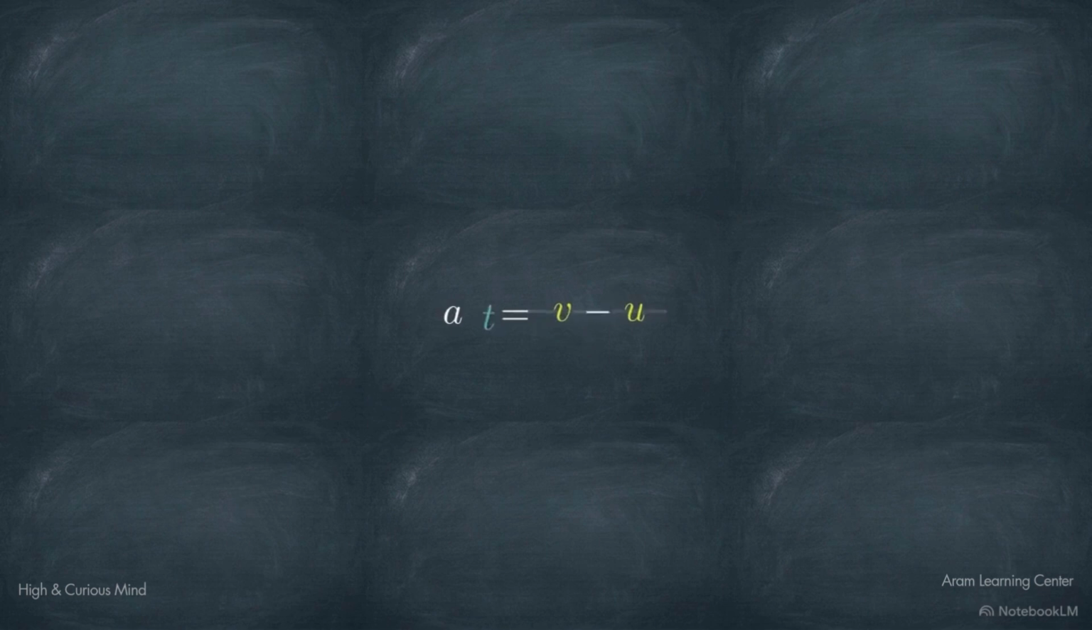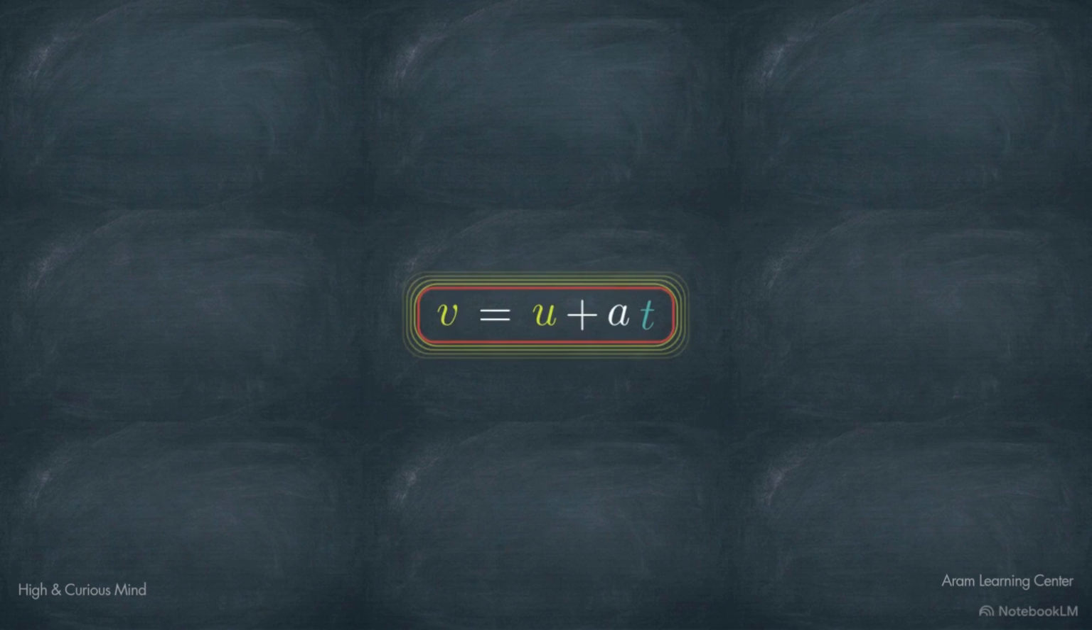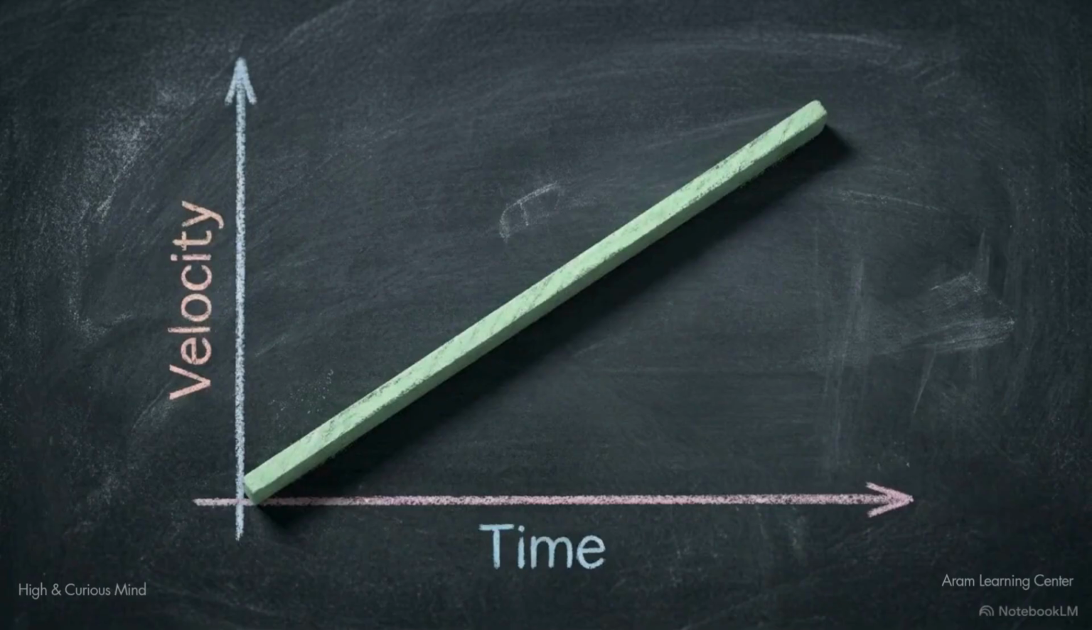This relationship can be rearranged to isolate the final velocity. By multiplying the acceleration by time and adding the initial velocity, we can determine how fast an object will be moving at any given second. This resulting equation allows us to predict an object's future velocity, provided the rate of acceleration remains constant throughout the